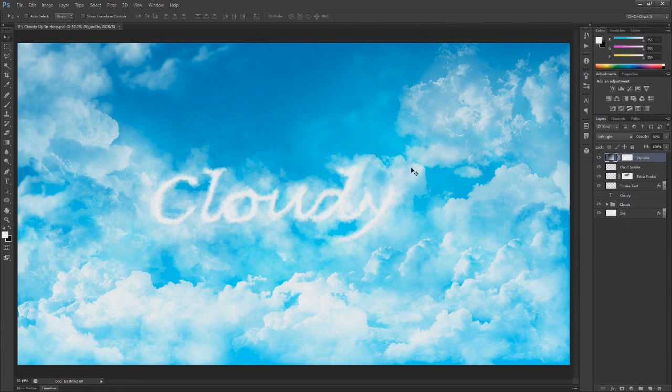Today what we're going over is something that's both beautiful and extremely simple all at the same time. Let me show you what I mean. Let me open up this document, go into full screen, and let's get a nice zoom on this going. There we go. Now, with this effect, it's really a what you see is what you get kind of feeling. It's really straightforward and simple to do, but it's still really beautiful. We got this nice cloudy text going on here. It's kind of smoky and cloudy, and it just looks like we're floating around in the sky. And again, this is really straightforward, but I really love how this looks, which is why I'm making a tutorial